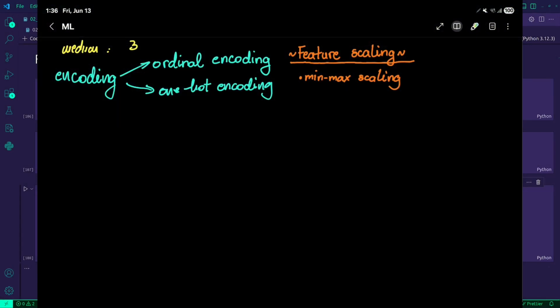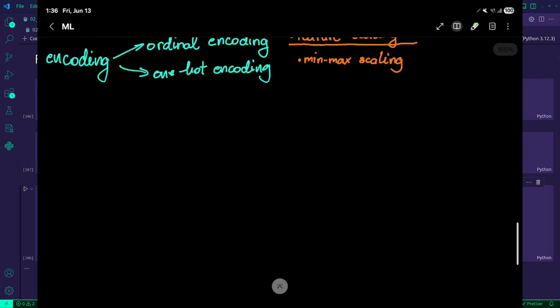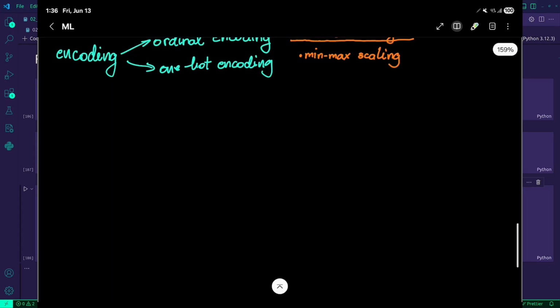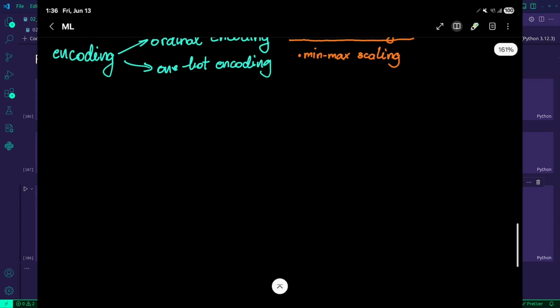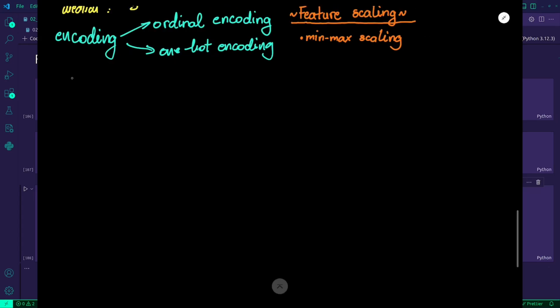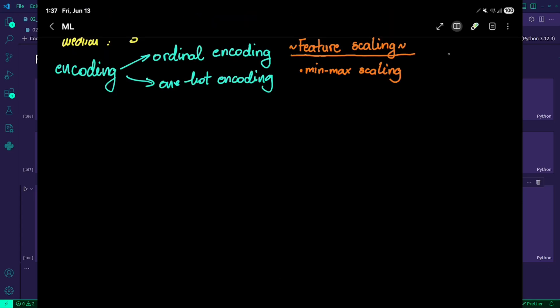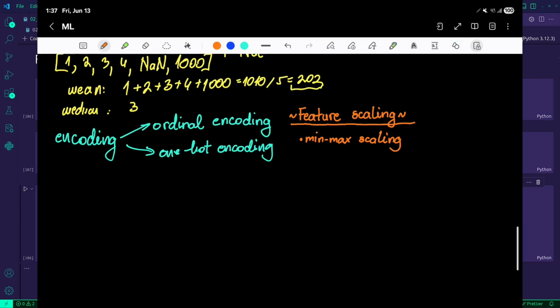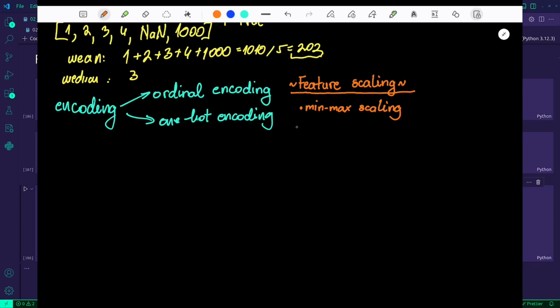So let's say we have a column x, and x has 4 values: 10, 20, 30, and 40.